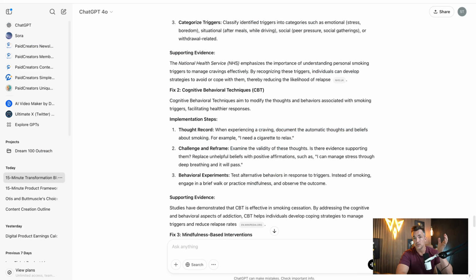One thing that you could also do in this case, since I'm creating a quit smoking product, is there are these things called GPTs that you can actually create. You can see up in the top left-hand side of my screen I have a paid creators newsletter, a membership area, a content creation one. You can actually make AI that you can train. ChatGPT makes it so you can train the AI to learn certain things. You could make a quit smoking diary journal that people could use when they sign up for your program, so that if you want to use AI to help you quit smoking, use this.